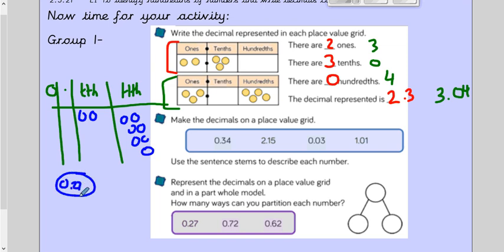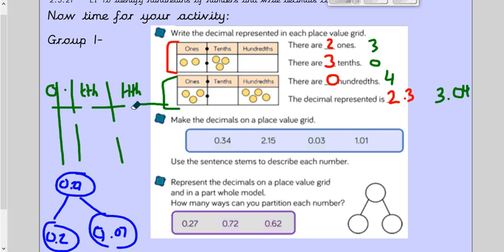0.27 at the top, and then 0.2 and 0.27. Nope, that's a lie. Sorry, I wasn't thinking. 0.07. Okay. 0.72, you would have basically the other way around. So you would have 7/10 and 2/100, and then as a place value,